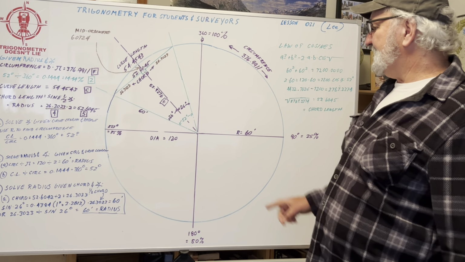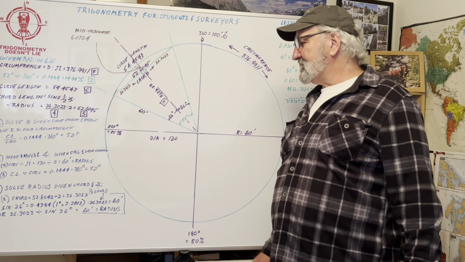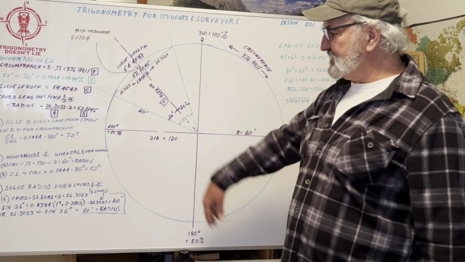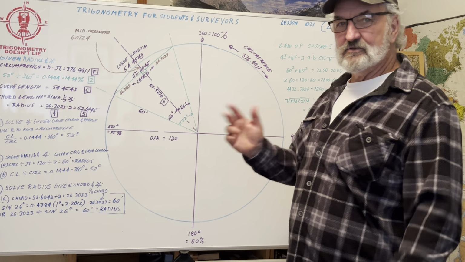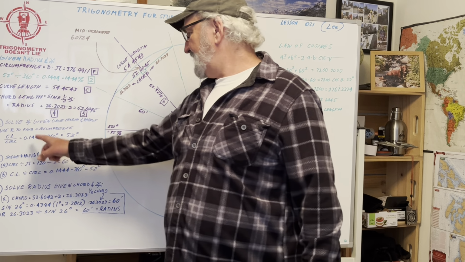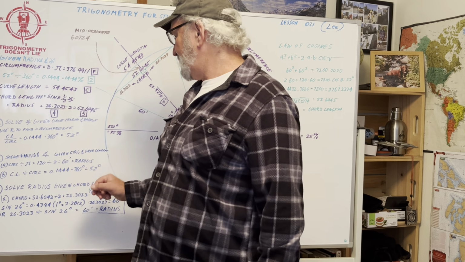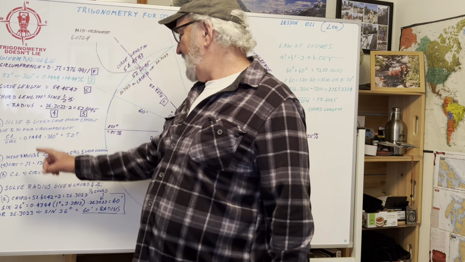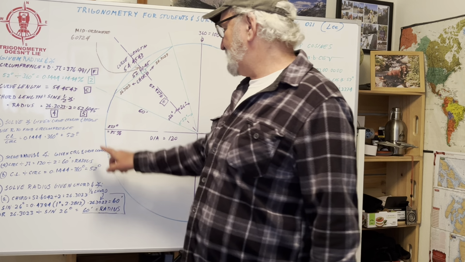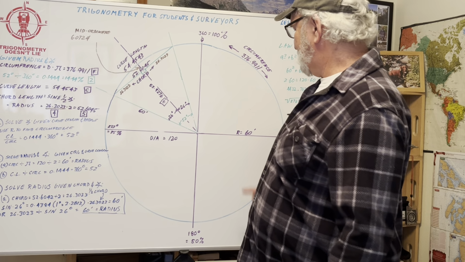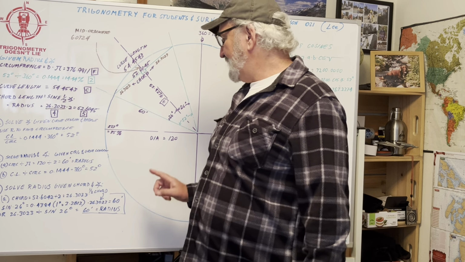Okay, you don't always get the angle and the radius. Sometimes you get other pieces of information and you have to fill them in. So of course, like all math, there's ways to reverse it and rework it. So this one says solve the angle given the curve length and the radius. Okay, so use the radius to find the circumference. We're given the radius, so let's go with the radius. Radius is 60, and so 120,